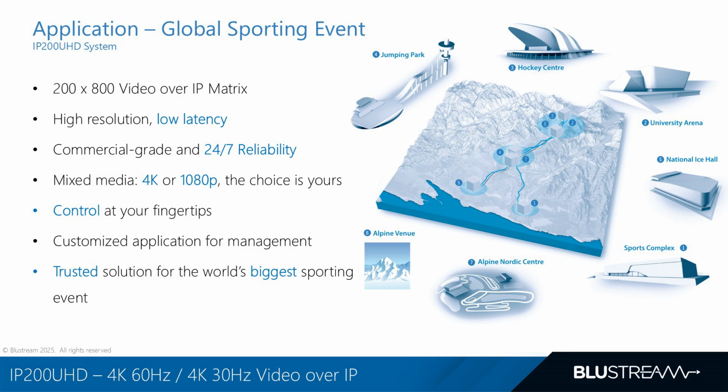Each receiver in the system includes an integrated scaler, which meant different displays at various resolutions could be supported without compromising video quality. There was no need to downscale source resolution. Every receiver simply matched the capabilities of the connected display. Control was simple and intuitive, using front panel source switching, similar to changing channels on a TV set-top box. It's just one example of the flexible control options built into the Blustream platform.